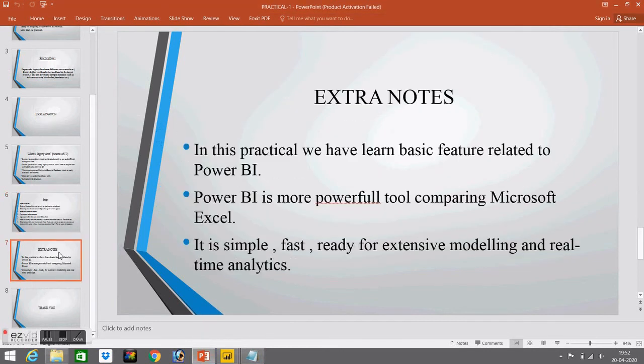Here are some extra notes. In this practical we have learned basic features related to Power BI. Power BI is a powerful tool compared with Microsoft Excel. It is simple, fast, ready for extensive modeling and real-time analysis.